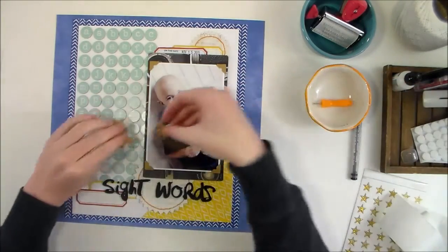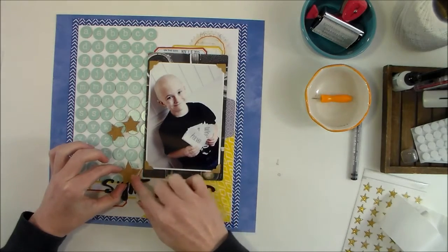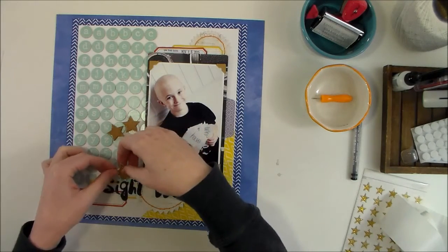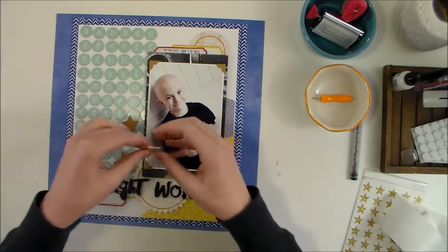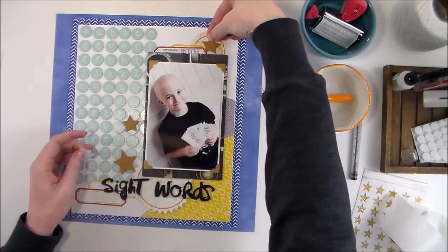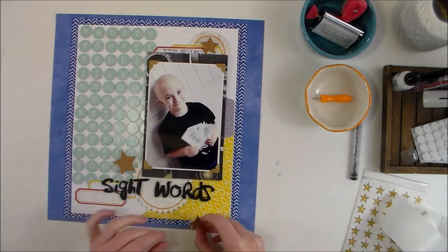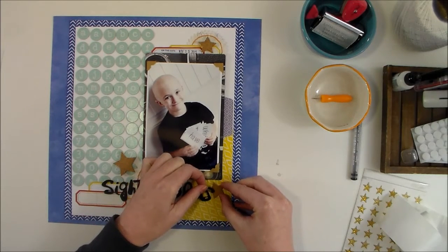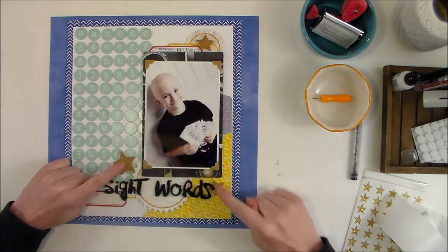Now I want to add a few of these. These are just cork stars, and I love that they match my photo corners here, so that's why I brought those in. And these are self-adhesive, so I think I'm just going to add that right about there. I'm going to put one right up there, almost in the middle of that circle. And then I want one down here. I don't know if I want it right there, or maybe I think I'm going to peel that up and put that star right there. I want to create a visual triangle of embellishment, and I'm just using these stars as